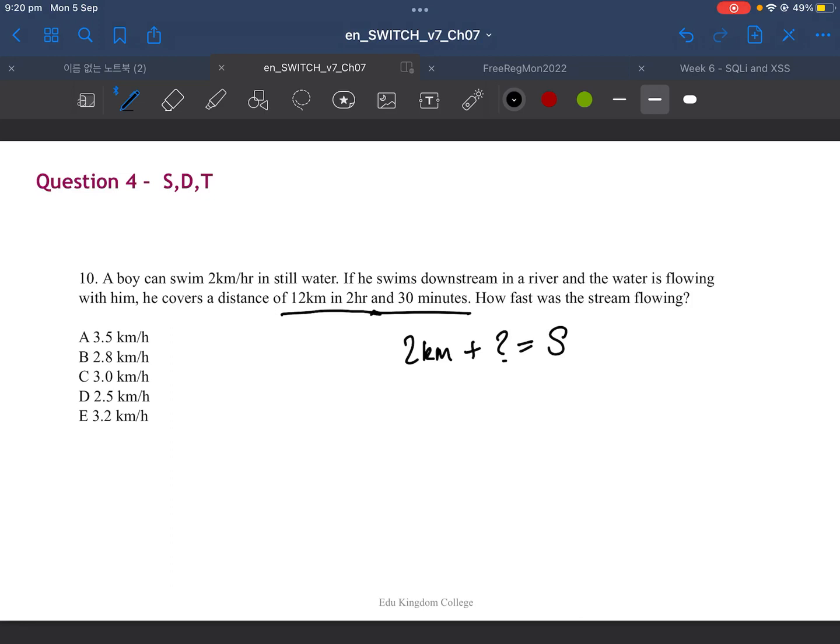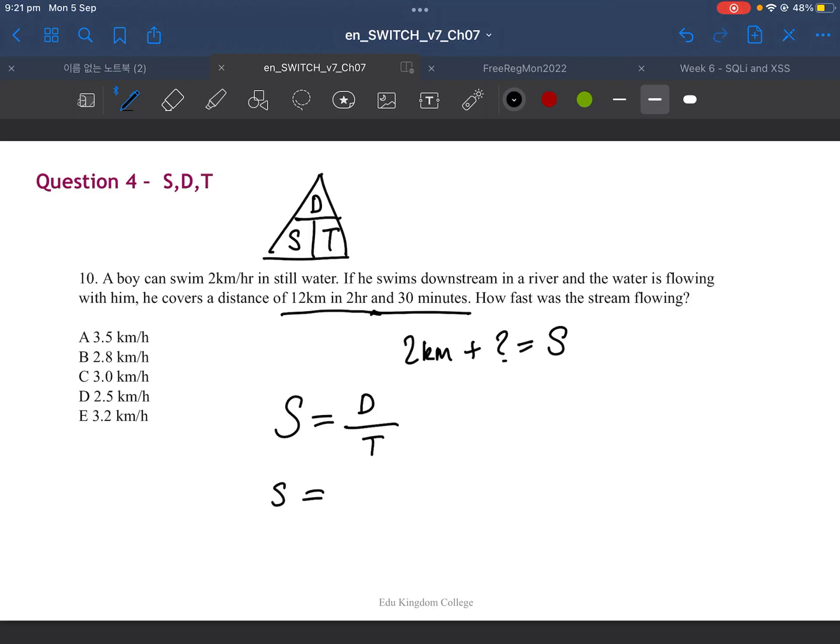Now this is where we pull out the formula: speed equals distance over time. Some of you I've been teaching, I've given you the pyramid: speed, distance, and time. So whichever we're trying to find, we cover. Imagine I'm looking for speed, I cover up speed, and I get left with D over T. Since speed is distance over time, I know that our S